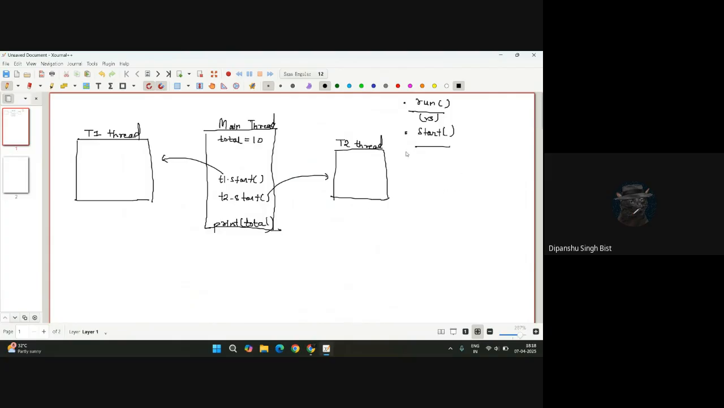But when you invoke the start method, the code inside your run method will get executed, but the code will be executed in a different thread. So it will create a new thread and there the code will get executed. So when you said Thread T1 is equal to new Thread and then you passed OP1, it created a new thread object for it. And when you say start, basically the code inside it